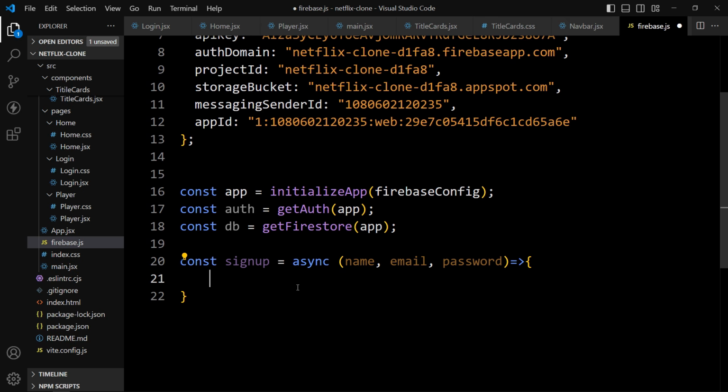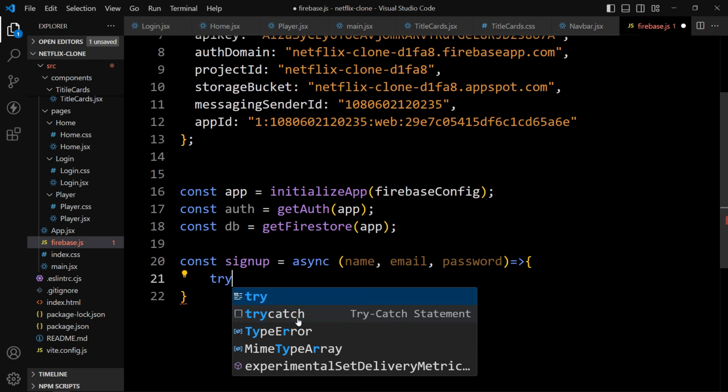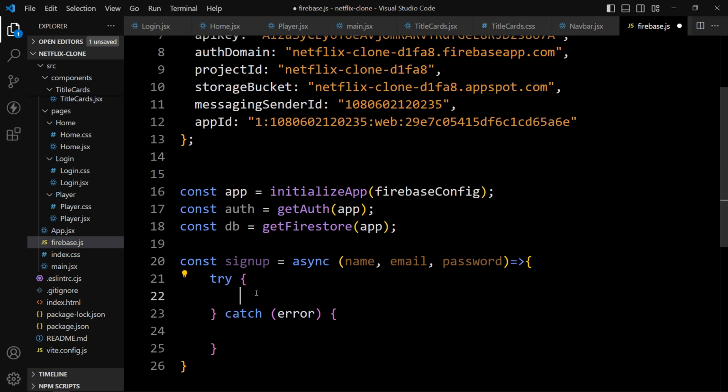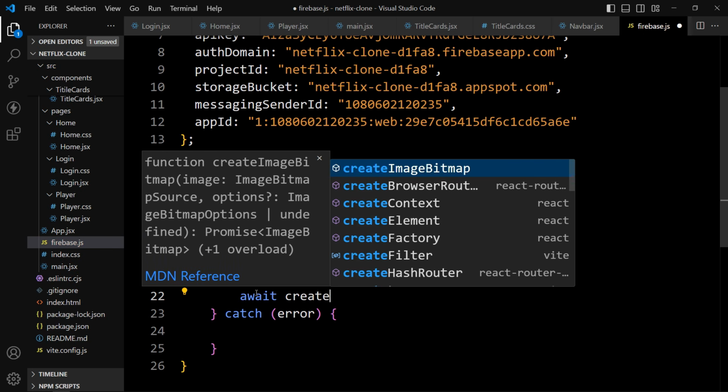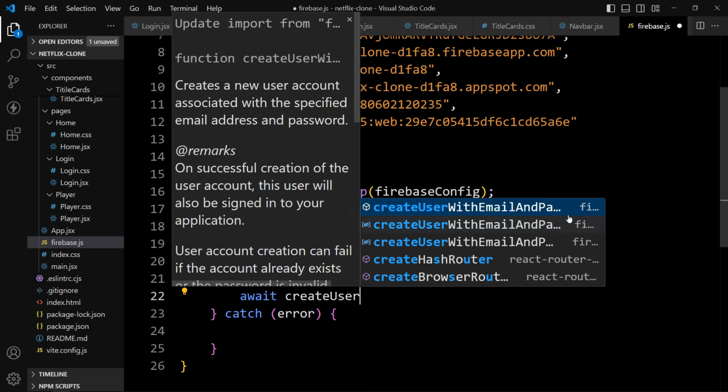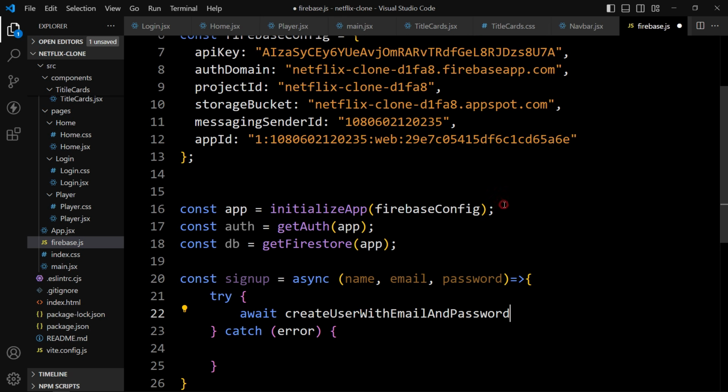So in this function, we will add the try catch block. In this try block, we will create the user. For that, we will use createUserWithEmailAndPassword method. So just add await createUserWithEmailAndPassword. Select this one.